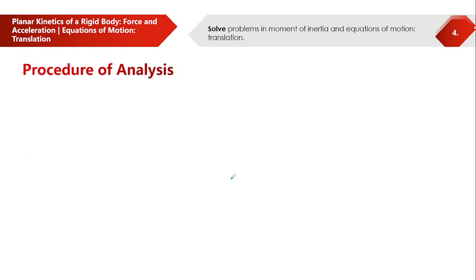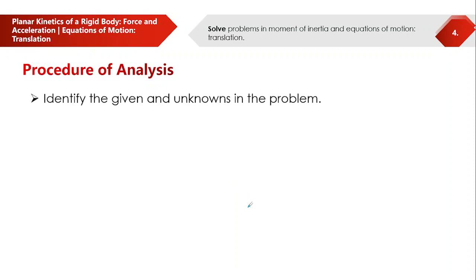Okay. So, procedural analysis. Paano ba i-analyze yung problem when it involves the equation of motion in translation, yung movement ng body natin? First is you have to identify the given and unknown in the problem, of course. Dapat natin ma-identify muna yung mga given so that we can distinguish kung ano ba yung kailangan sa problem. Okay? Next,